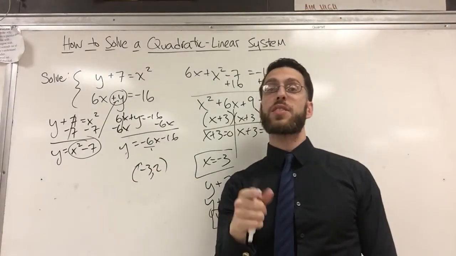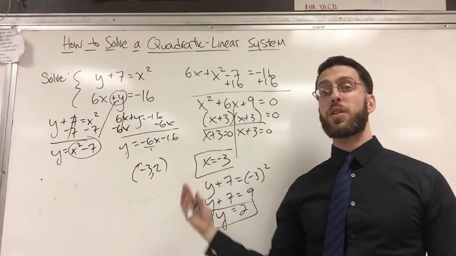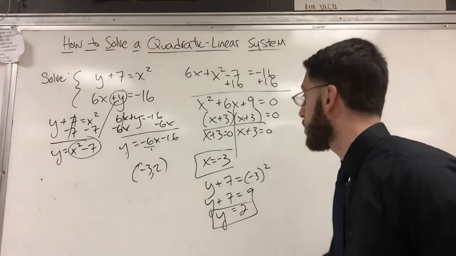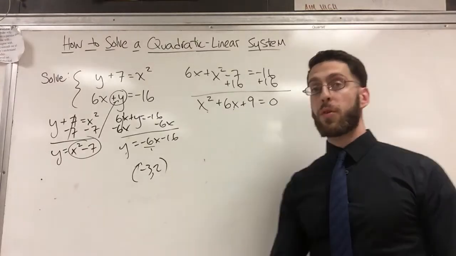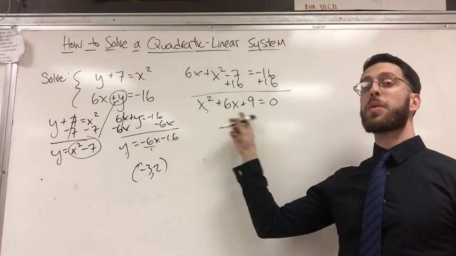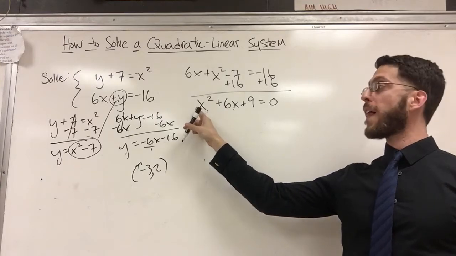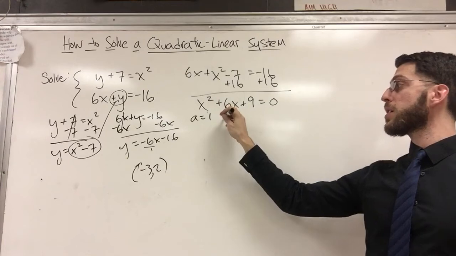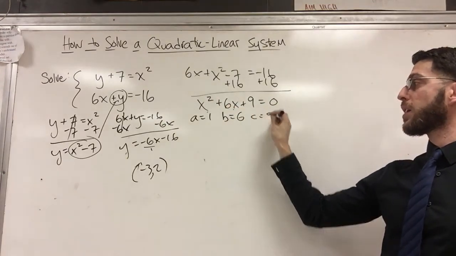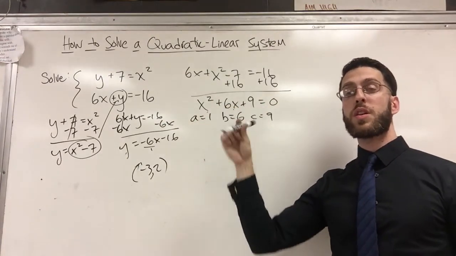And I did promise that just in case you can't factor, is there another way to do this? Yes. So hopefully you got that. So now I'm going to do it another way. I'm going to say, I can't figure this out, but I do know that it's in standard form. I know that A is 1, my leading coefficient is 1, B is 6, and C is 9. If you can read off those three coefficients, you can use the